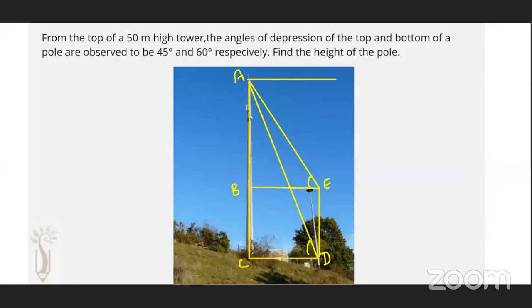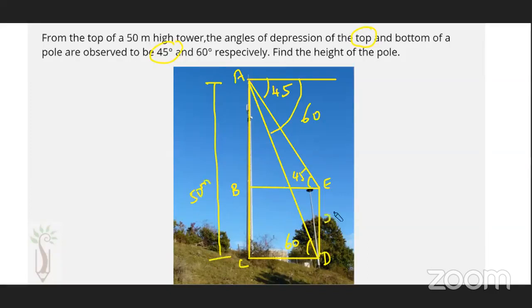That's why I've left it for you to do. Okay, this is my 45. So this is 45. And from the question, the top is 45 degrees, right? So if I've read the question correctly, my 45 degrees will be the smaller triangle and the 60 will be the longer triangle, right? The next one is the height of the tower. The whole thing is 50 meters, right?